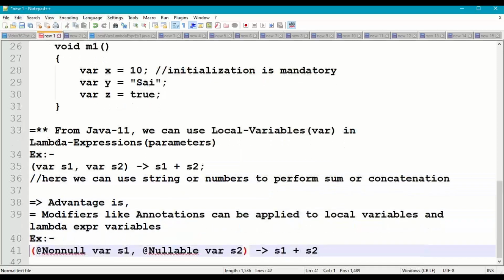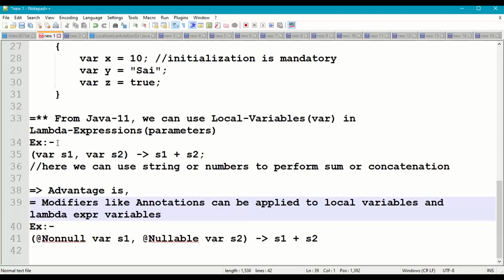The advantage here is that we can apply modifiers like annotations to the local variables in a lambda expression. For the same example, var s1, s2: for var s1 we are applying the annotation @NonNull, so it will not accept null values for s1, and for the second parameter var s2 we are applying the annotation @Nullable.